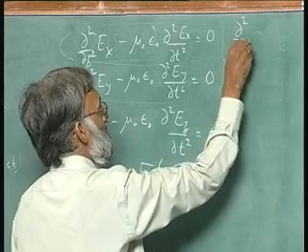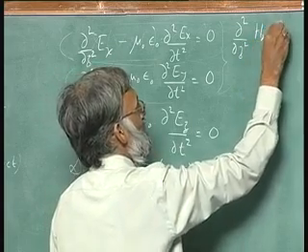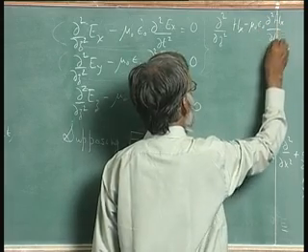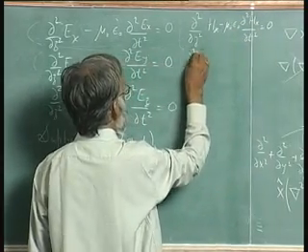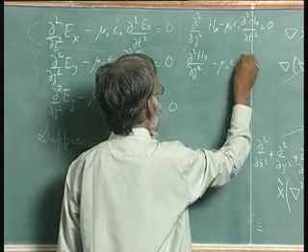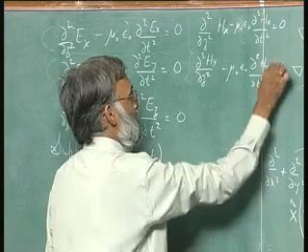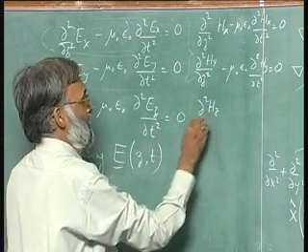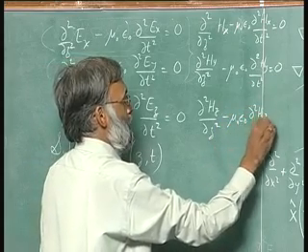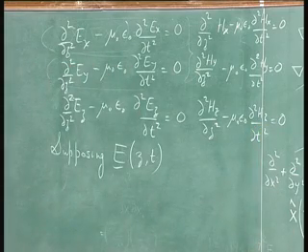It will be del squared by del z squared of h x minus mu naught epsilon naught del squared h x by del t squared equals 0, del squared h y by del z squared minus mu naught epsilon naught del squared h y by del t squared equals 0, del squared h z by del z squared minus mu naught epsilon naught del squared h z by del t squared equals 0. So, I have 6 equations,